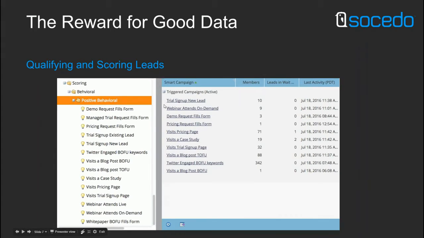We can also create actual gates within qualification. So here at Socedo, we have a qualification saying if you're going to be a lead that I can pass over to sales, you have to have at least 5 employees. You can't just be a one-man operation out there, running a blog or something. That's great, but you're not going to be able to use Socedo. And so I need to know exactly how many employees you have at your company if I'm even going to call you an MQL and be able to pass you over to the sales team.